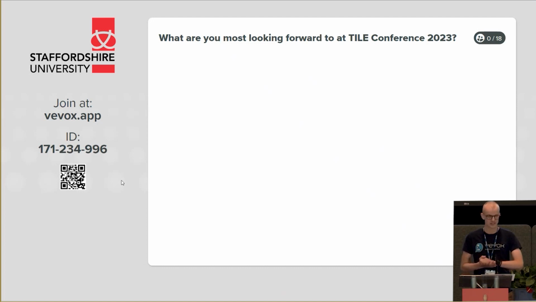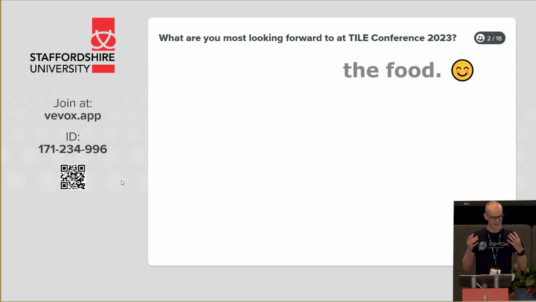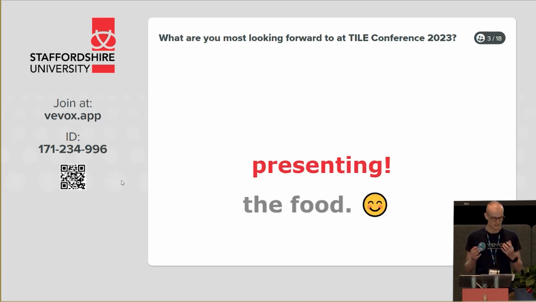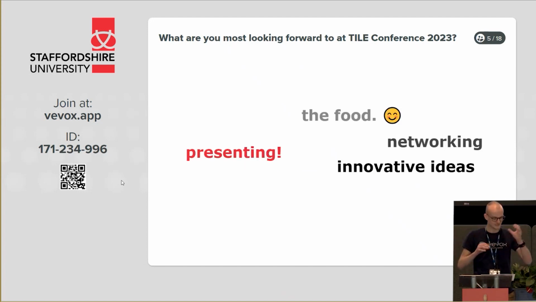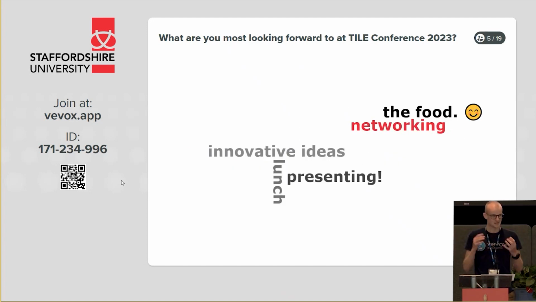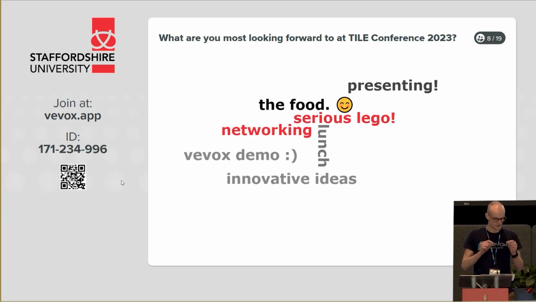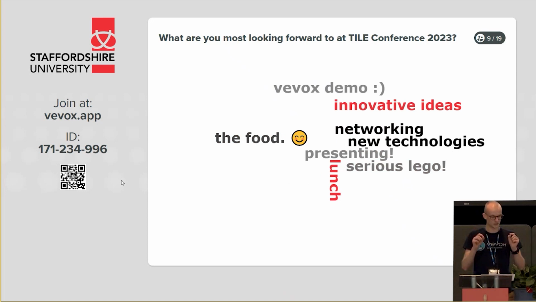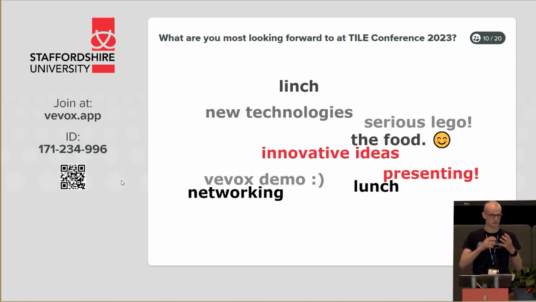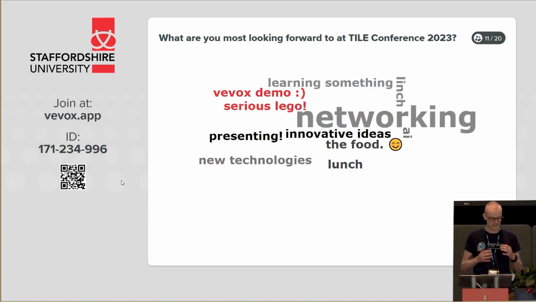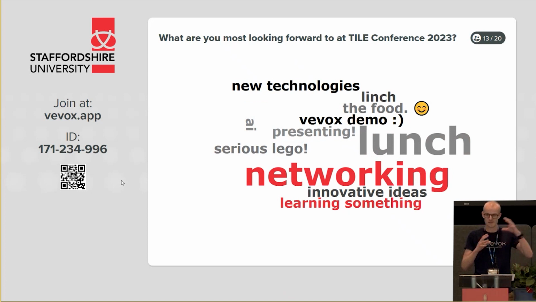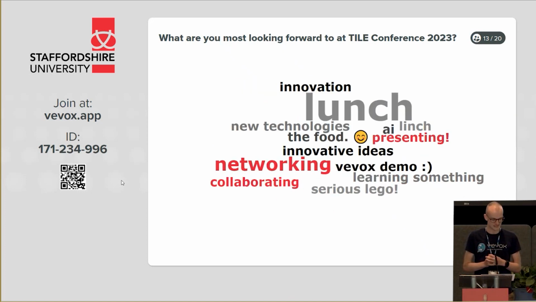This is our Wordcloud poll type. What I've done is I have live results showing. As you put in your answers, the word cloud will build dynamically. As people put in the same thing more than once, like lunch there, it will start to appear larger, so you get a visual representation of the thoughts and feelings in the room. I can see networking appearing bigger there, which is fantastic to see.